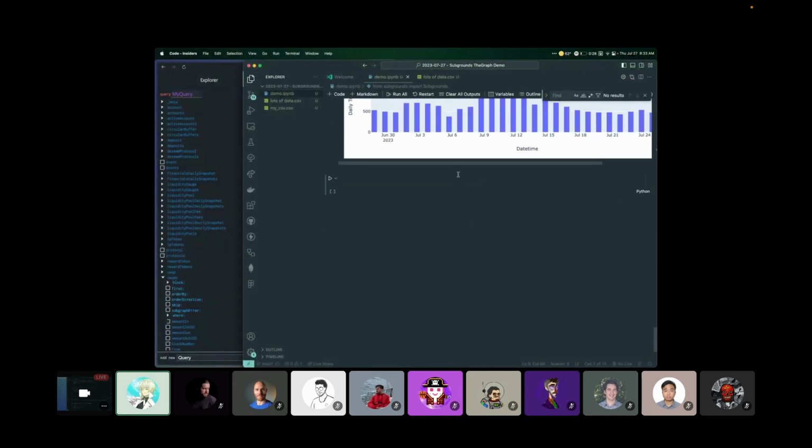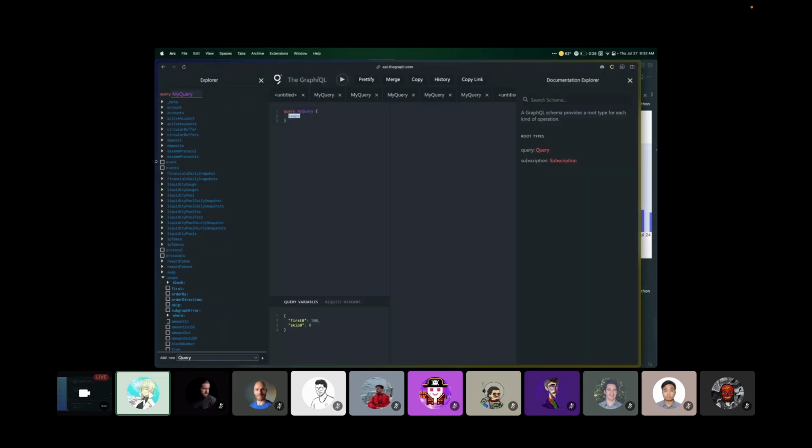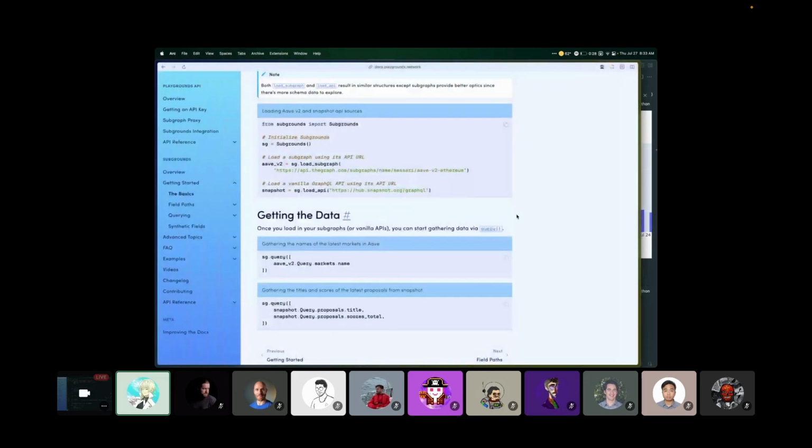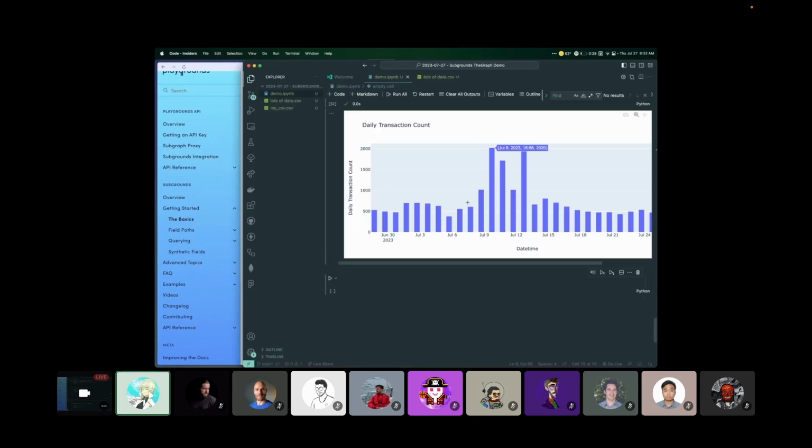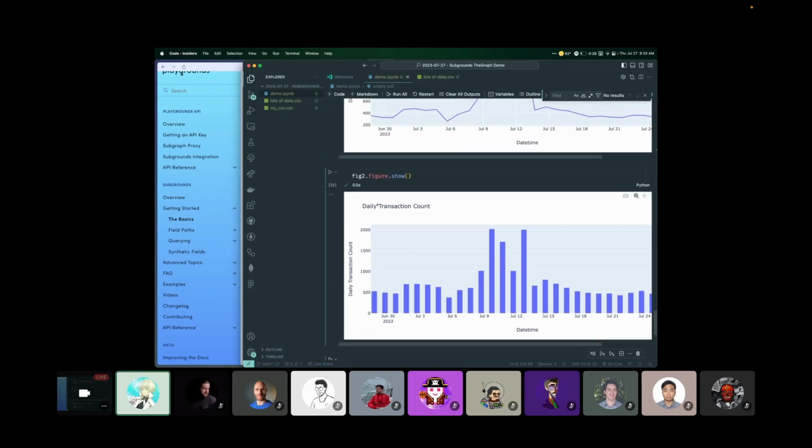When you're dealing with the hosted service, you don't necessarily have to worry about GRT or anything like that. But once you start entering the decentralized service, you'll need API keys and so forth. So another thing that we offer at Playgrounds is the Playgrounds API. This is a proxy that sits on top of the decentralized network that The Graph provides, where instead of dealing with raw